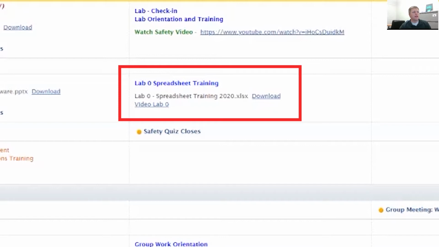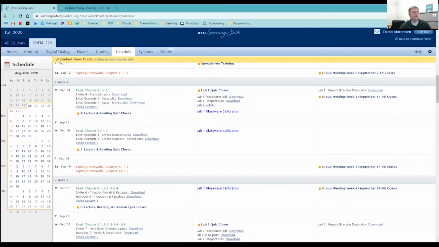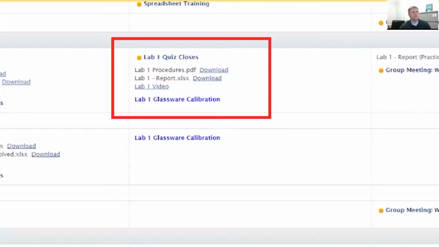And then for lab 0, we'll have our spreadsheet training. You'll notice that there is an Excel spreadsheet right here where you'll download that. And that'll walk you through how to use Excel. We'll get into that in a later lecture, and then there will be a video here associated with that lab. And then as we scroll down, our first lab doesn't actually start till September 14th, but you'll notice here